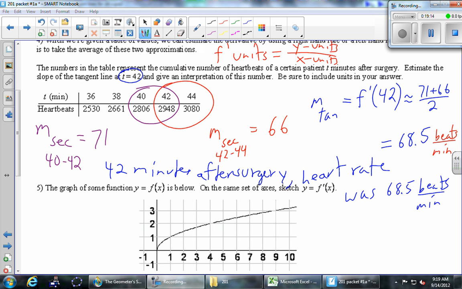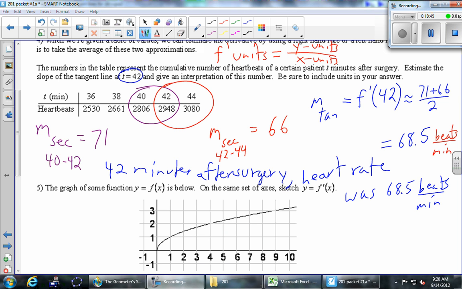I'll also say, we've talked about the derivative, and we keep mentioning this word rate. Average rate for the secant line, instantaneous rate for the tangent line. I want us to start being aware of that word rate because it appears in everyday language. We aren't necessarily thinking of it as a derivative, but heart rate is a very natural phrase for us to use here. Nowhere in this problem did it say find the heart rate. But heart rate is a common phrase that we know, and that's the phrase we would use for 68.5 beats per minute. So it's a rate, it's a derivative, and it's something we've been doing naturally for a while.